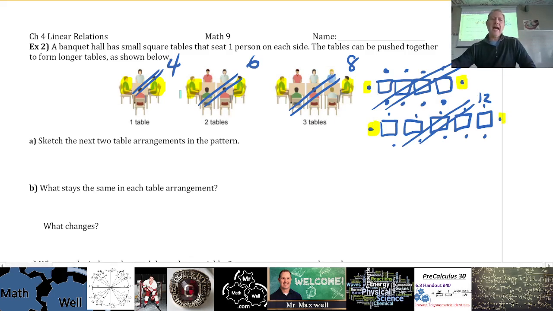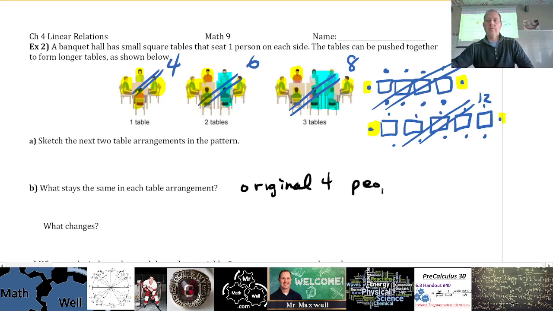Each time we add a table, we add a pair of people in the middle. 3rd table, we're adding now these people. Okay? So it could be said that maybe these 4 people stay the same, right? Like it looks like actually they stay the same. So we could say these people as well, because they stay the same in each picture. So we've got the original 4 people stay the same. So what stays the same? We'll just say that original